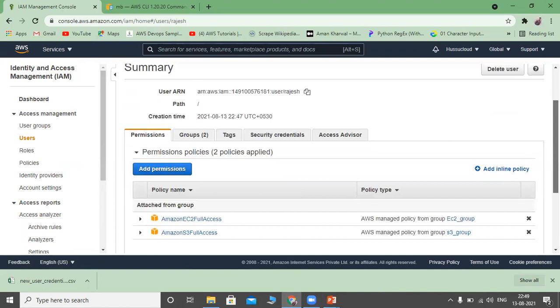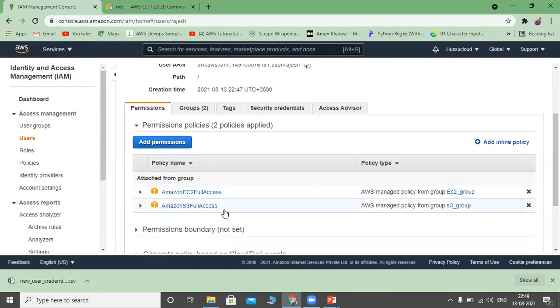So this user can work with EC2 and S3. This is a way to create users and user groups. Now, if you click this user, that user has both EC2 access and S3 access. This is nothing but service inheritance. So this is about users and user groups.